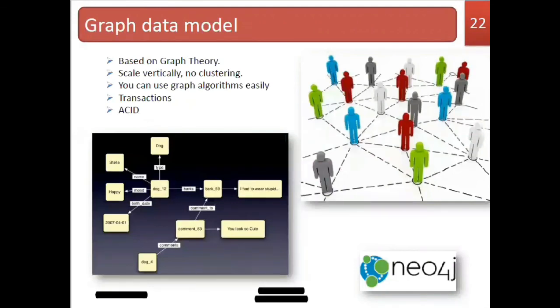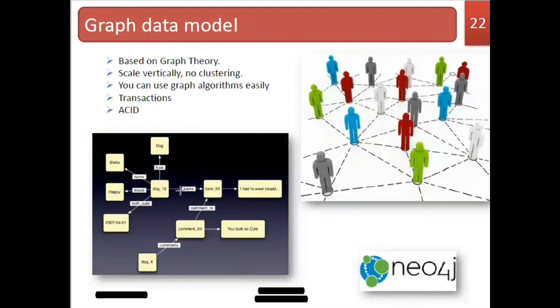The next model is the graph data model. We have discussed some of the points in the graph analytics topic. The graph data model also uses the same concept, that is graph theory. Whatever data you are going to save, you will be saving in the form of vertices and edges. The vertices or nodes will hold your data, and the connection or relation between one vertex and another vertex is a link called an edge.